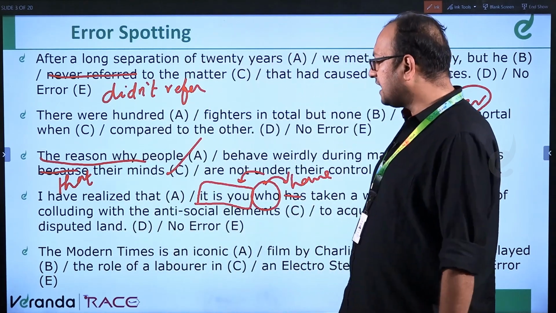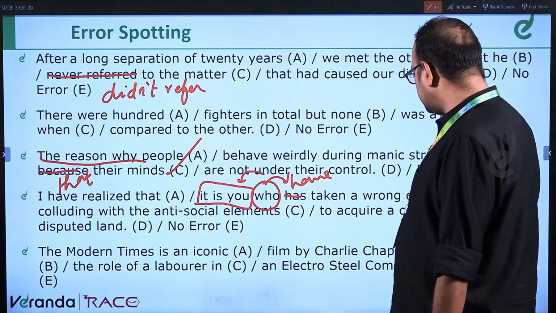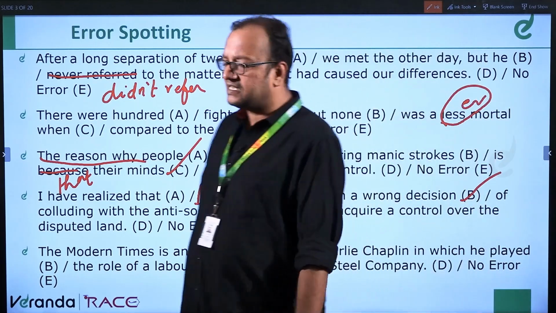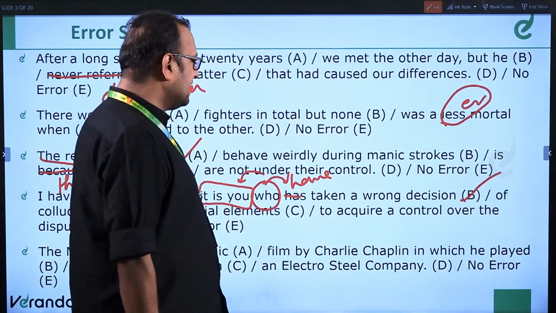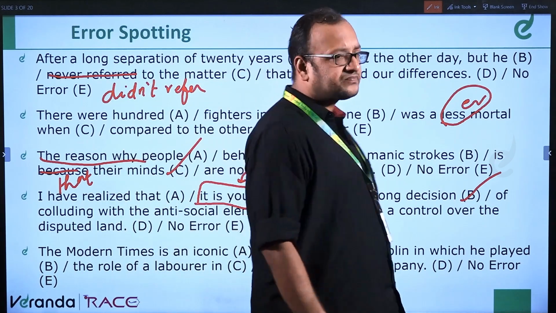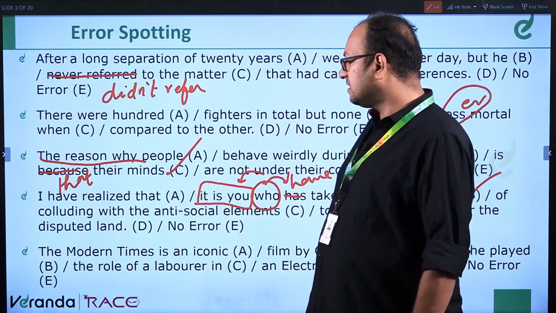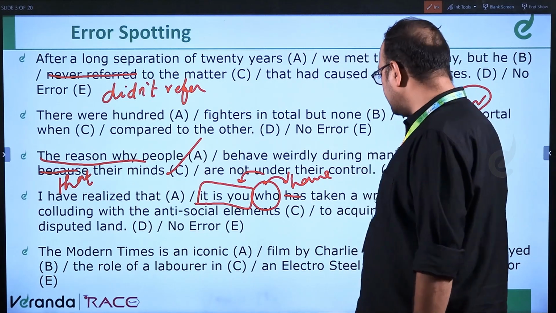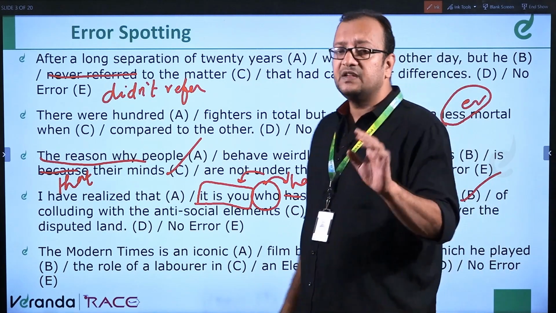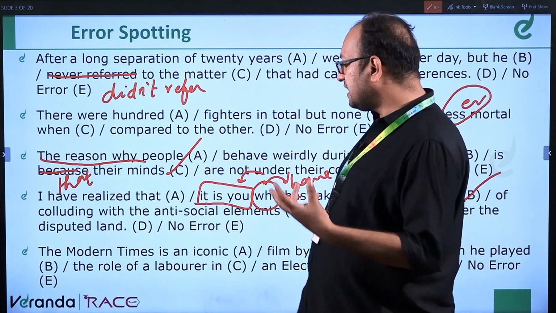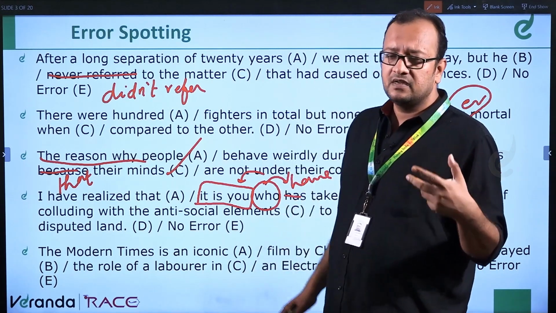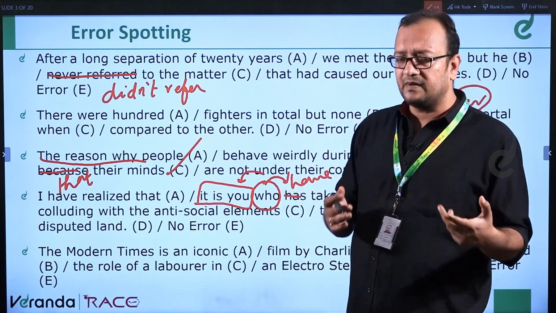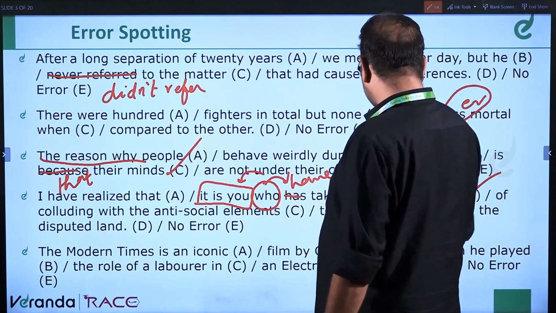Next, The Modern Times is an iconic film by Charlie Chaplin in which he played the role of a laborer in an electro steel company. Okay, this is a difficult question. I'll tell you why. So, Modern Times is an iconic film. It shouldn't be, it was an iconic film. It is an iconic film by Charlie Chaplin in which he